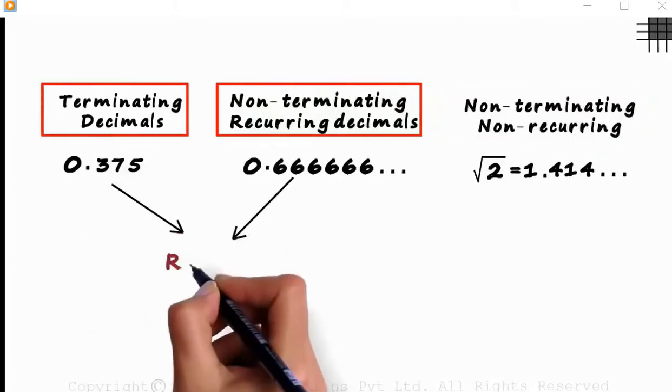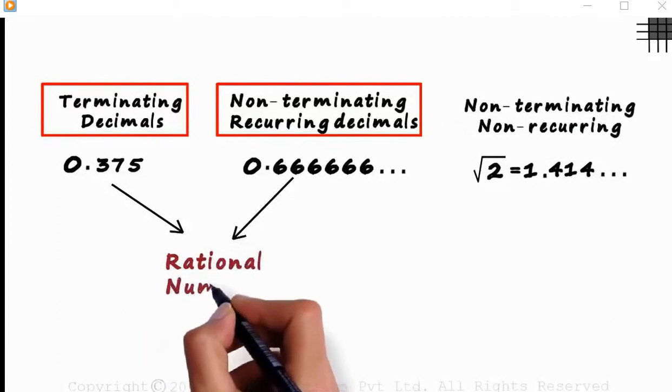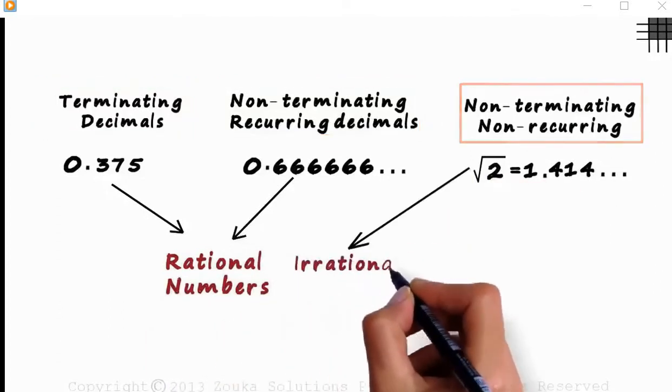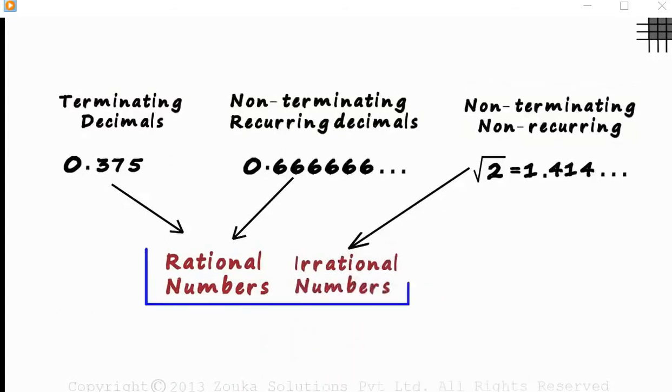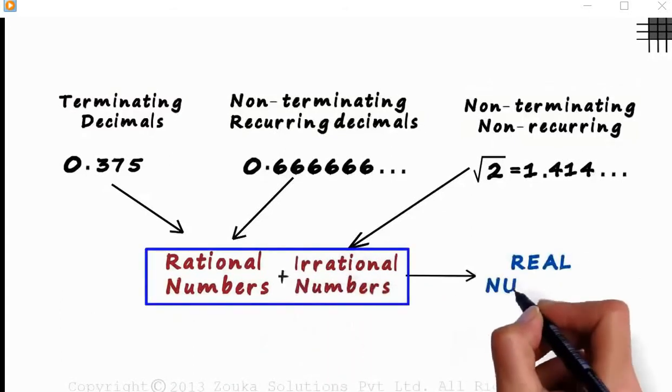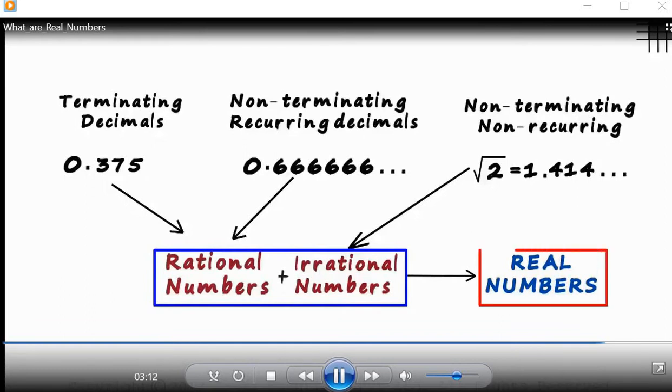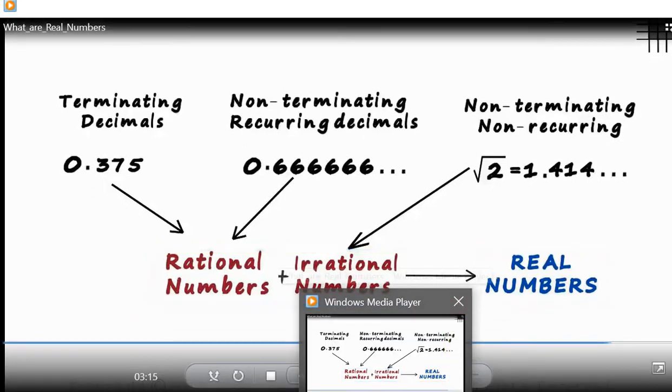These two categories together are called rational numbers, and the numbers in this category are called irrational numbers. These two categories together form real numbers. This is the other definition of real numbers. Rational numbers and irrational numbers together form real numbers. In the second part of this video,